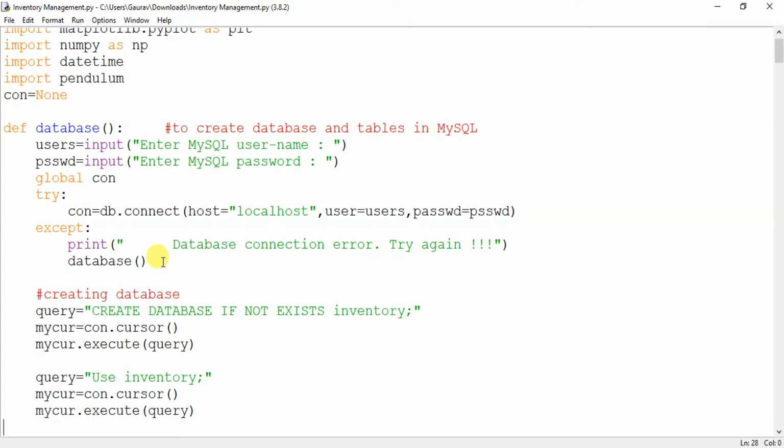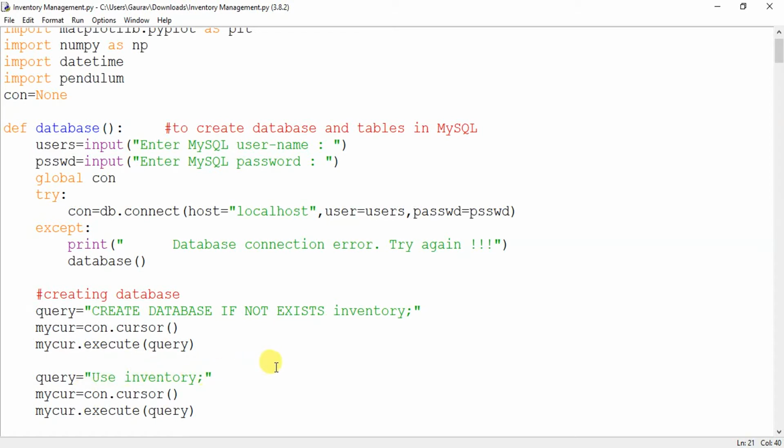So this is the first one. Whenever you open the project, the database will be created. So you should focus on this line, if not exists. This is very important. If the database does not exist in the system you are working on, then it will create the database, otherwise it will not create it and will just go to this use inventory.